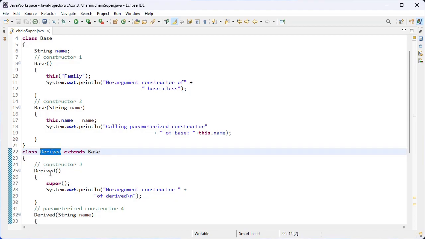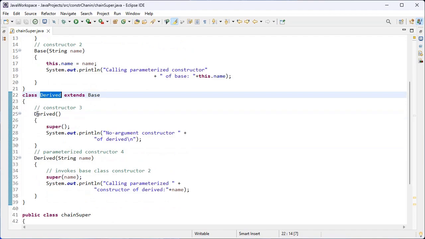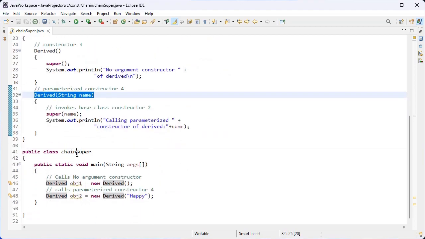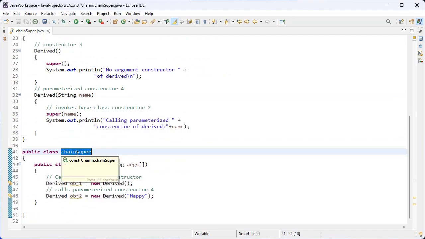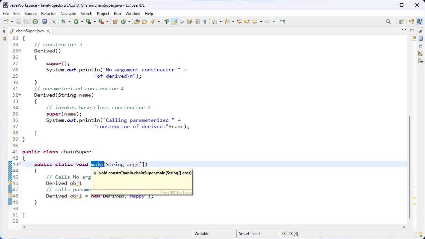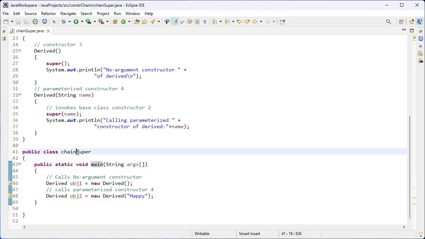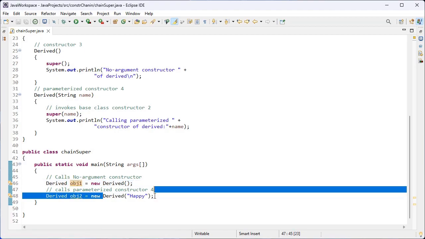Inside this derived class also, we have two constructors like the previous, default and the parameterized. Okay, and here I have created the chain super class. Inside this class only I have the main method. Execution starts only from the main. So my file name should be the same as this class name only. And here I have created the objects for the derived class, object 1 and object 2. Okay, here I have used the default constructor for object 1 and here I have used the parameterized constructor for